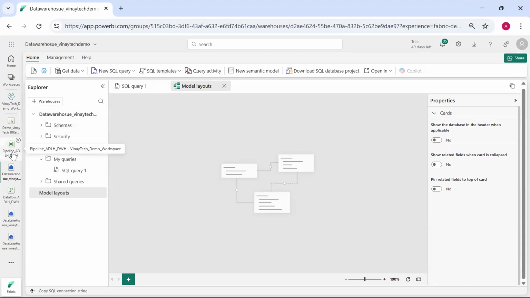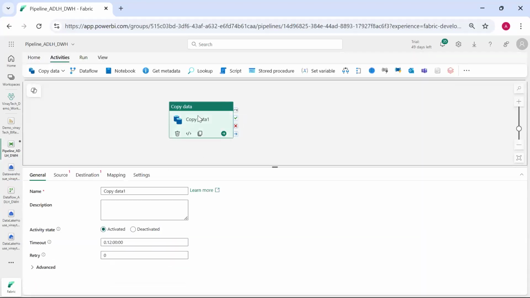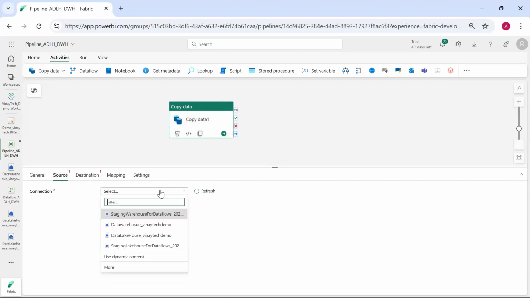So the same thing, if I want to load data which is coming from another place, we can do it by using the data pipeline. This data pipeline supports multiple sources, and again we can create a source here. Let me create one source here. So what are your stores? Let's take the Vinetech demo. This is a data warehouse, this is a lakehouse. Okay, from the lakehouse,